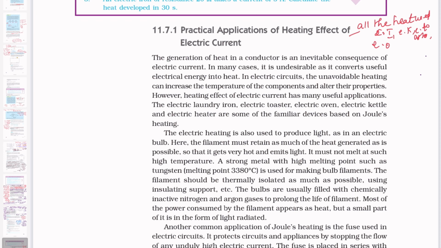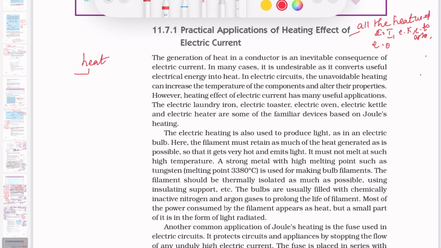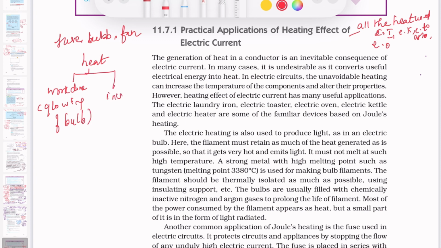only. But we also know there are some devices which use this heat to do work. What is work done? Like we are talking about devices like the fuse, the bulb, the fan. So work done is nothing but the glowing of the bulb, and the rest of the heat is used to increase the temperature. So now we are going to talk in detail about the heating effect on such devices